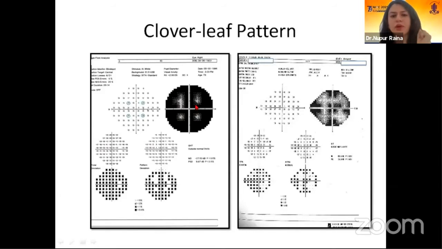And last but not the least, the cloverleaf pattern, which is seen in patients with very high false negative errors. So here what probably has happened is in the initial part of the test, so you can see the initial test points that have been tested. In the initial parts of the test, the patient was very attentive, but lost attention as time progressed. So if you see something of this sort, this is called a cloverleaf pattern. Always tell your patient to come back again in a well-rested state, probably at a time when your clinic is not very busy, so that the patient can do the test aram se.